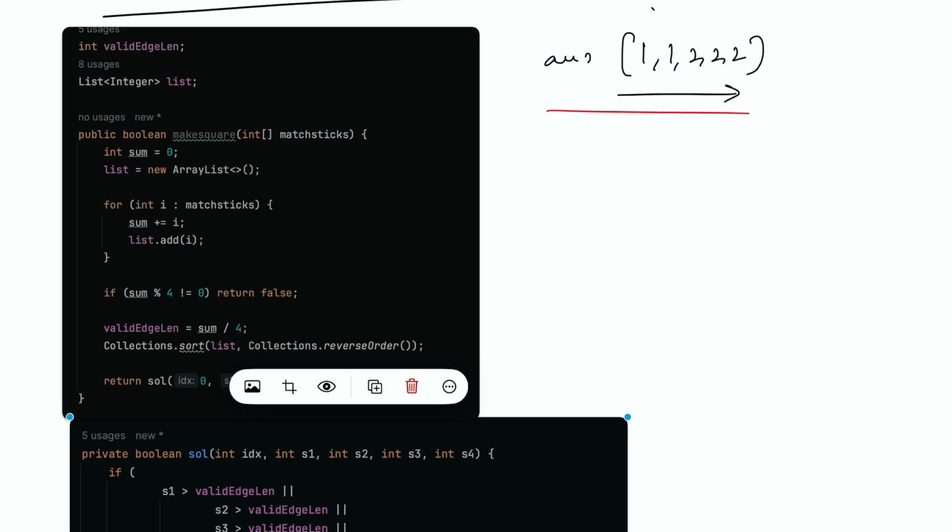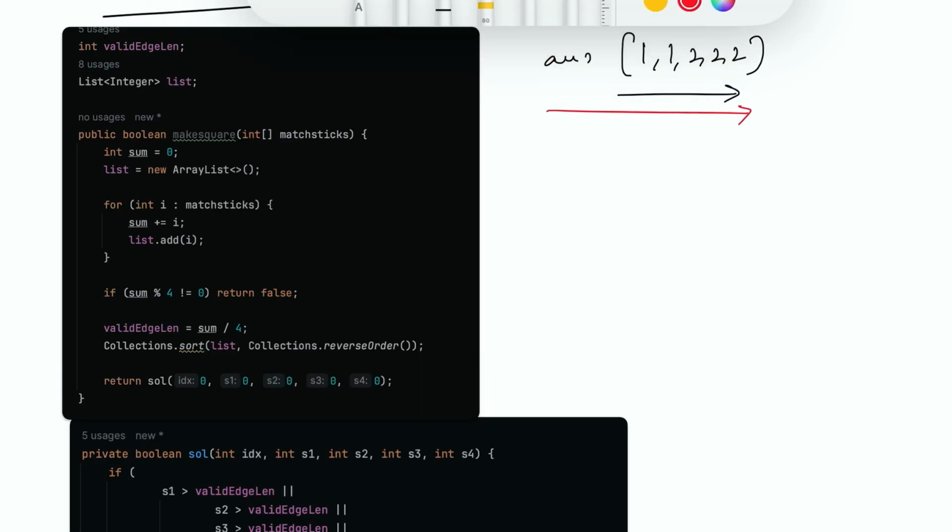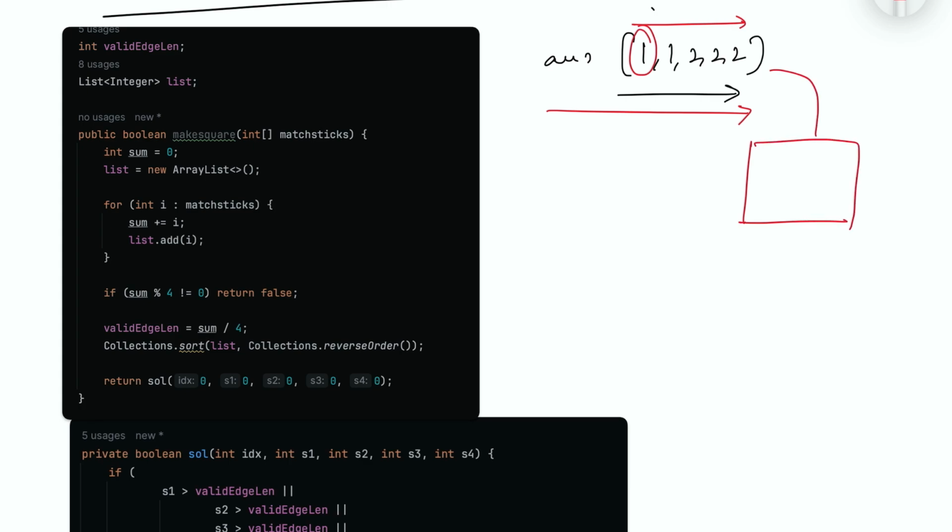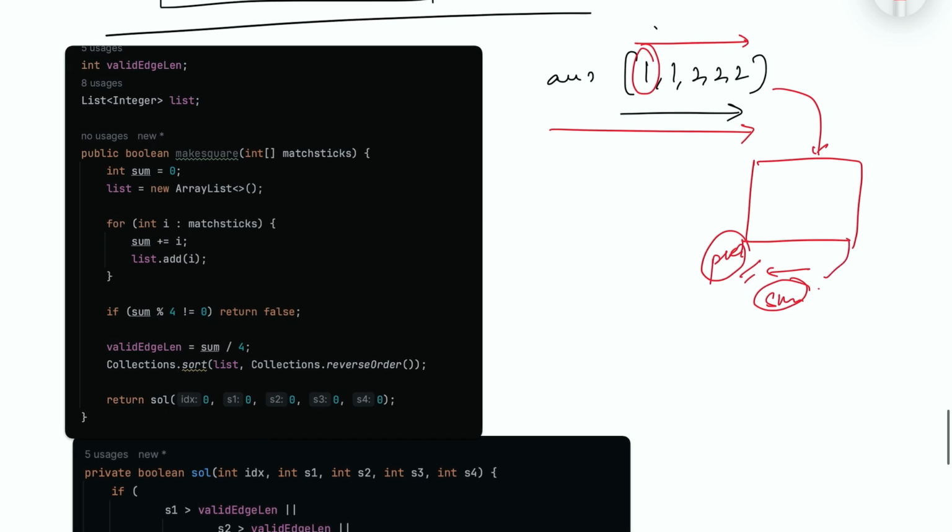Now let's have a look at our solution, like what I did here. Here this is our matchstick array, and we have to use every matchstick to make a square using these matchsticks. So first of all, I have to know the parameter, that is, the sum of all the matchsticks,